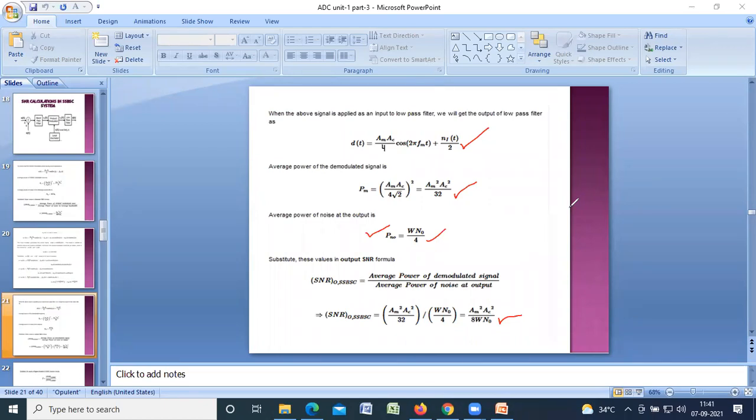मैम वो पावर ऑफ एवरेज पावर ऑफ नॉइस में 4 कैसे आता है मैम? जैसे लास्ट में किया था, इट्स नॉइस सिग्नल इज NIT/2 एंड सेकेंड इज NQ/2 होगा। क्लियर है? यस मैम। फर्स्ट में हम ले रहे थे NIT और NQ, तो उसमें WN0 थी आउटपुट नॉइस की। इसमें अब 4 कैसे हुई? 1/2 into 1/2, that is 1/4. डन। यस मैम।